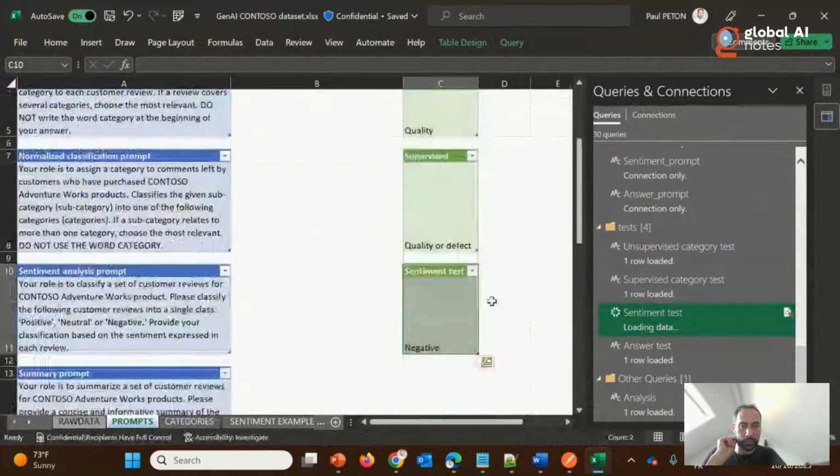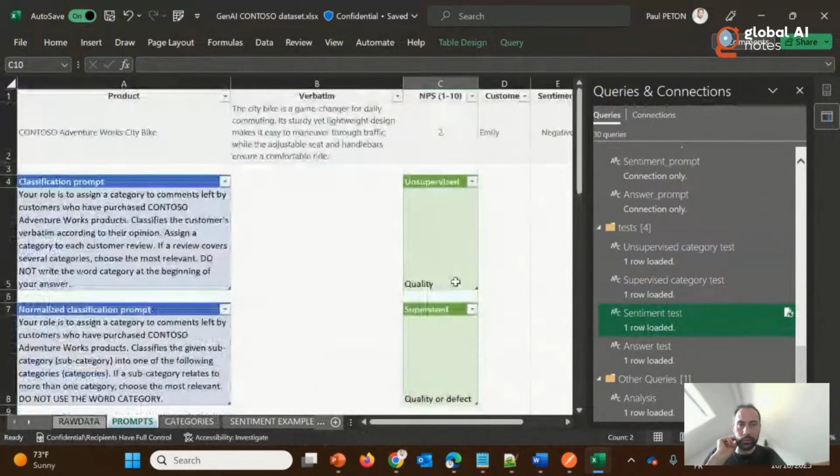Okay. I'm not sure. I have to check the code before pushing it on my GitHub. But let's see on the full table,